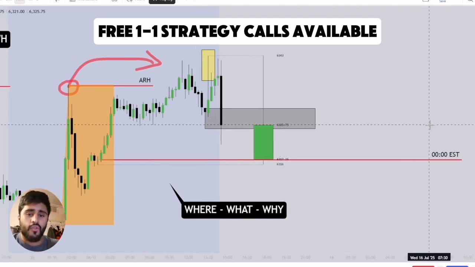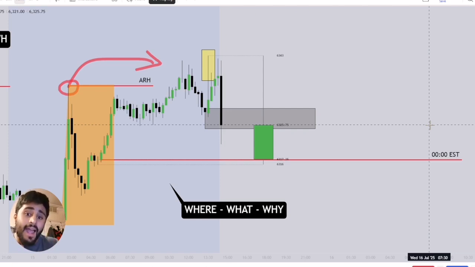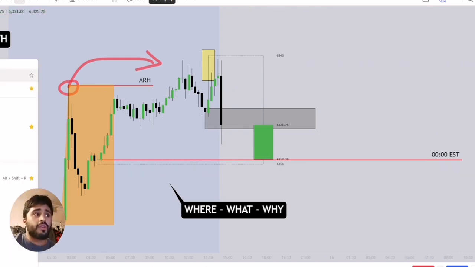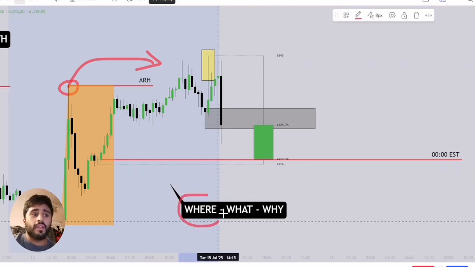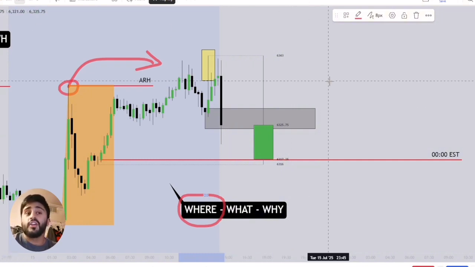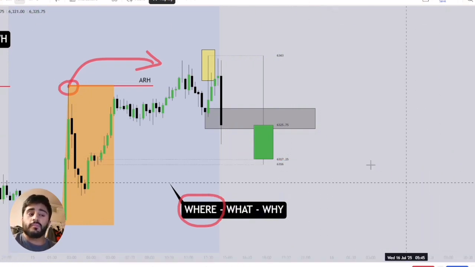So one thing I've said to traders is that if you can master your location of entry, if you can master the where, if you know where to trade from, you can be sloppy with your entries and you can mistime your entries. But if you know where to trade from, if you have a slightly wider stop loss, or maybe you take a first loss and you re-enter, that is a lot more powerful than not knowing where to trade. So the where is very important, because the where and knowing your POI gives you your exact location. So when you know where price is going to sell off from, in this case, you will have a much better chance of making it.